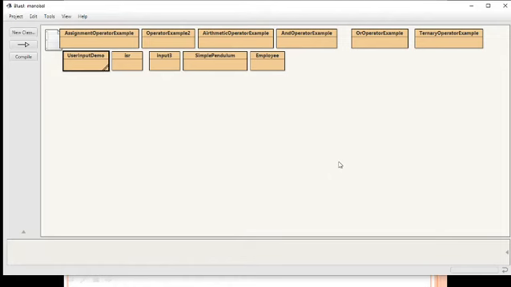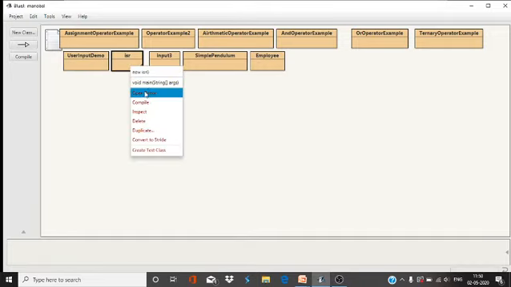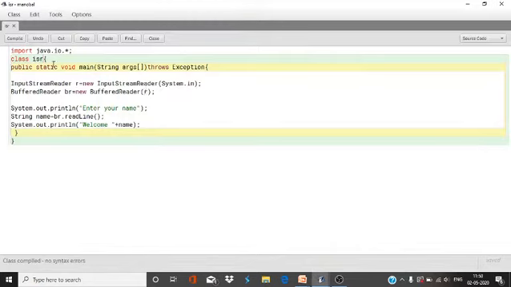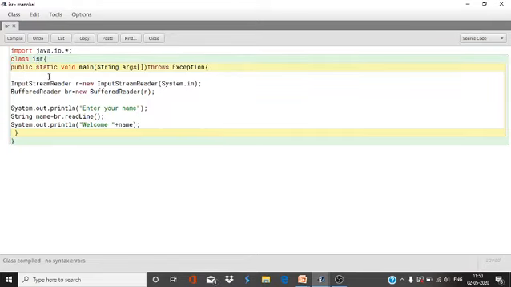Now see one example of the InputStreamReader class, how we can use this. Open the editor. Don't forget to import the IO package, so java.io.*. Now the class name I have given is ISR, InputStreamReader. Whatever name you want, you can give.